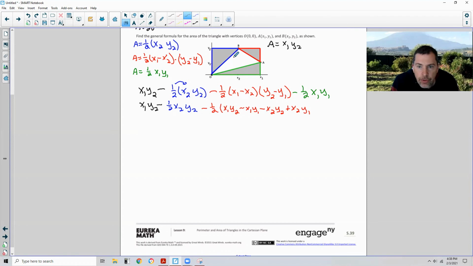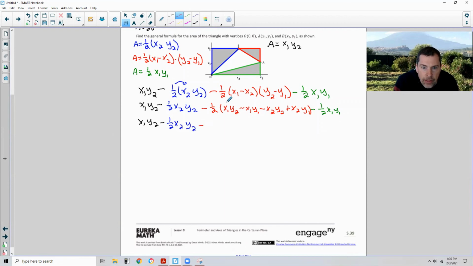And then it's finally going to be minus 1/2 x sub 1, y sub 1. I didn't close my parentheses on that term there. Okay, so now I'm going to distribute this half all the way through. So I'm going to take x sub 1, y sub 2, didn't change, minus 1/2 x2, y2,